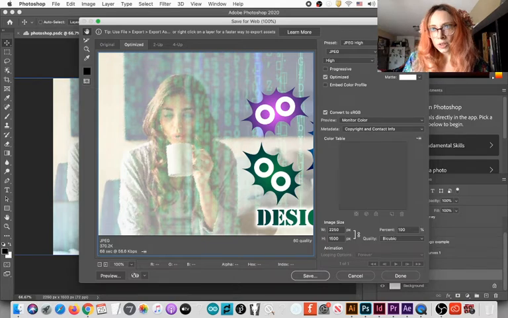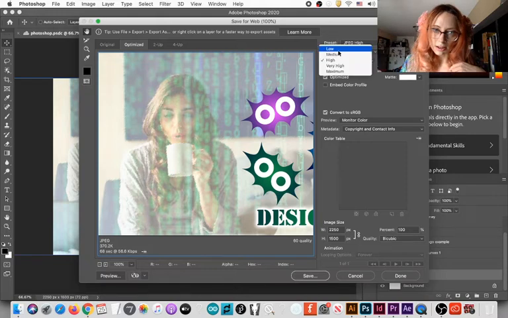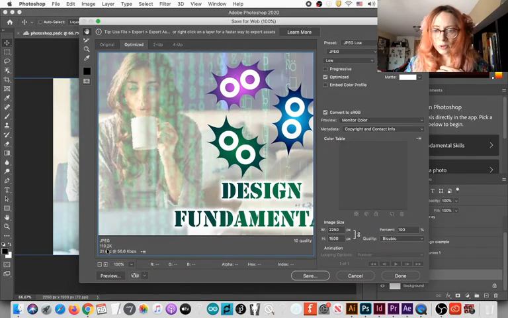Small images are not very important for your Instagram or Facebook, but they are important if you are having a website. So exporting them on low quality will keep your website running faster. 110K, it's pretty small. Small enough.